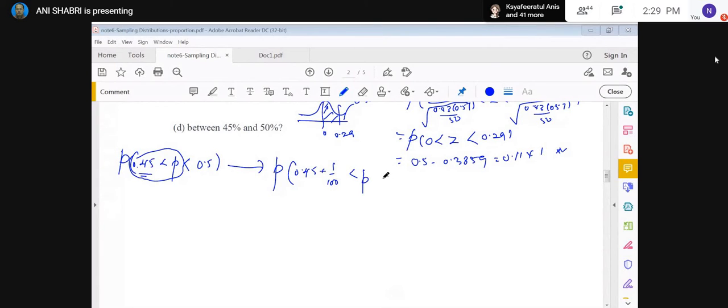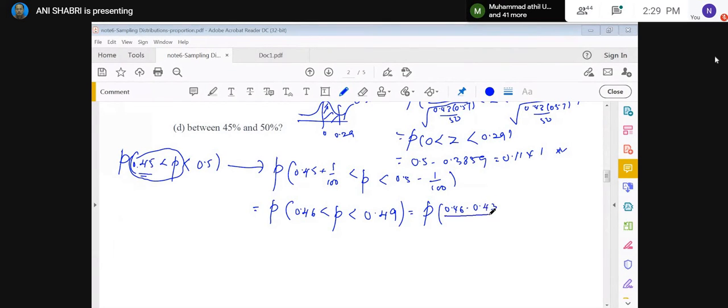Okay, P satu lagi 0.5 minus 1. We get for this one 0.46. Satu lagi 0.49. It is equal P 0.46 minus 0.43 divided by 0.57 divided by 50, Z 0.49 minus 0.43 divided by